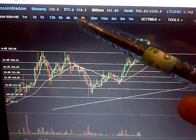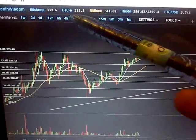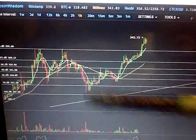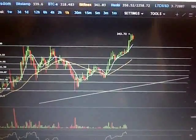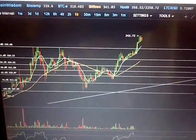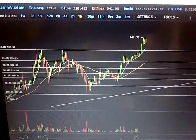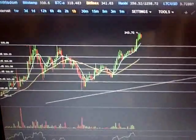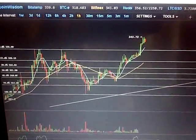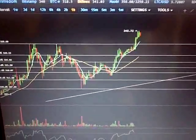Bitsy has always been low, but now you're looking at almost a $20 difference between Bitsy and Bitfin. So everything's starting to really stratify here, going up. Usually it stratifies going down, where you would see Bitsy being higher in price and everyone kind of dropping, but it seems like the inverse is happening, where prices are shooting up. So anyways,